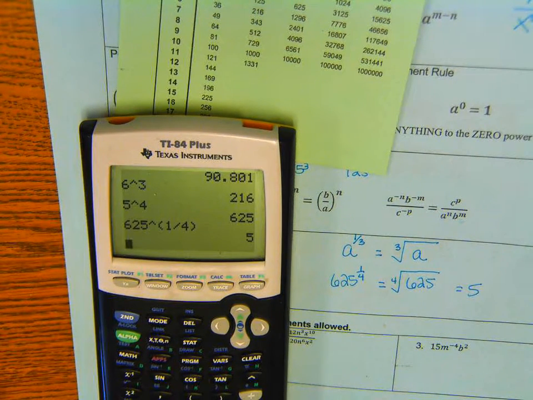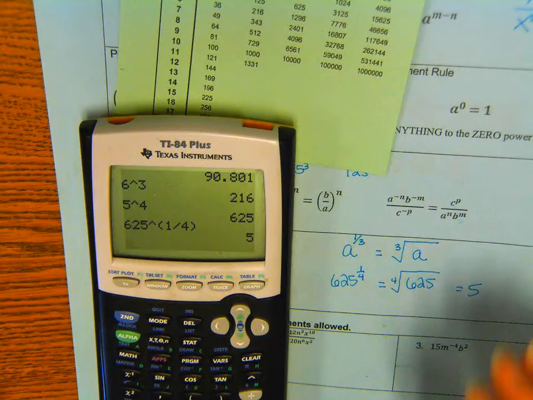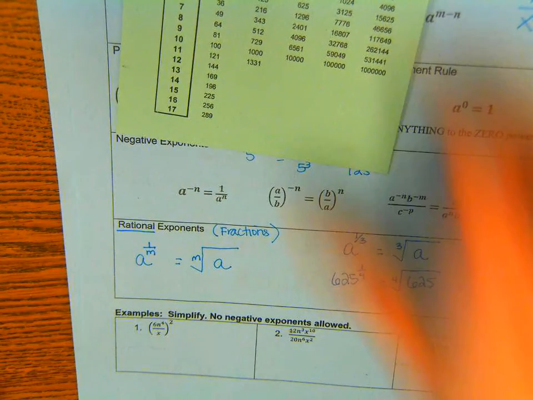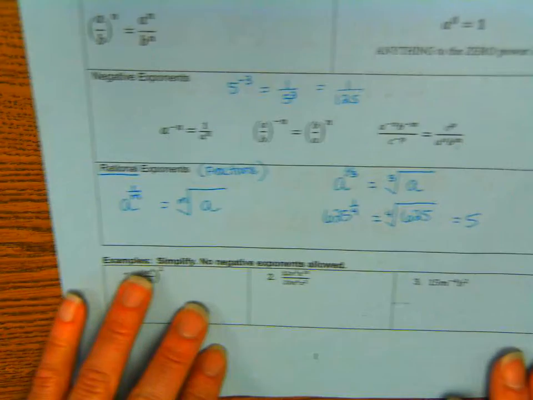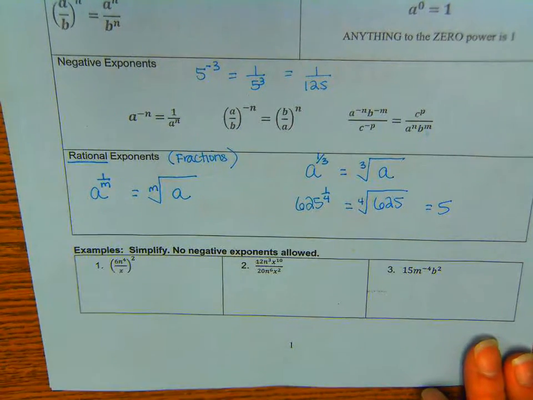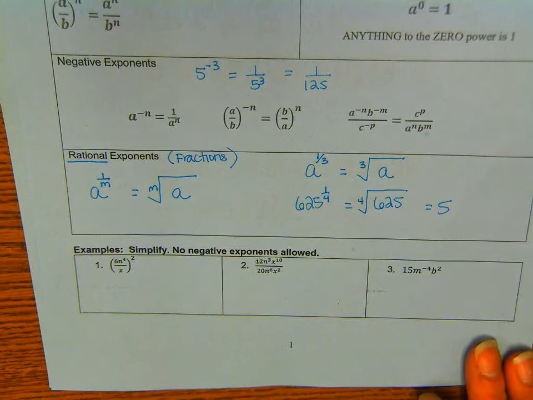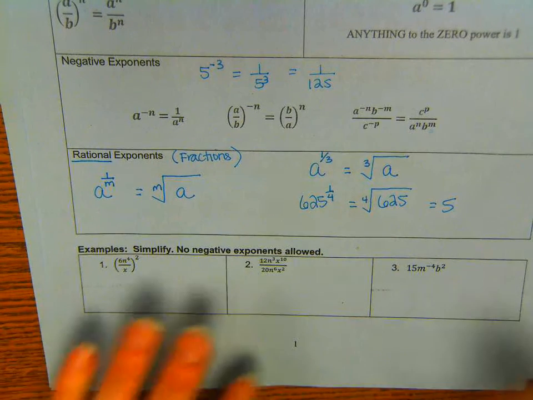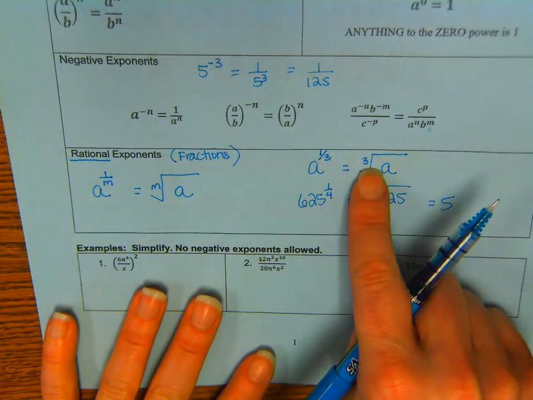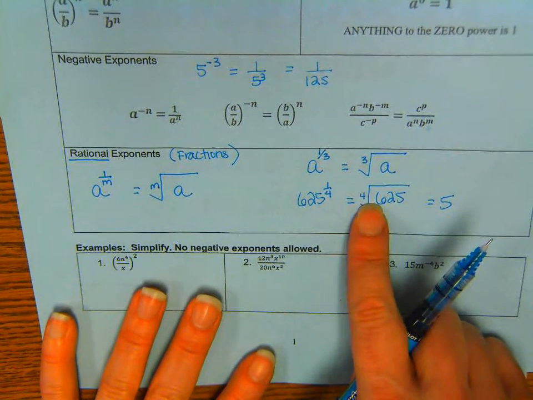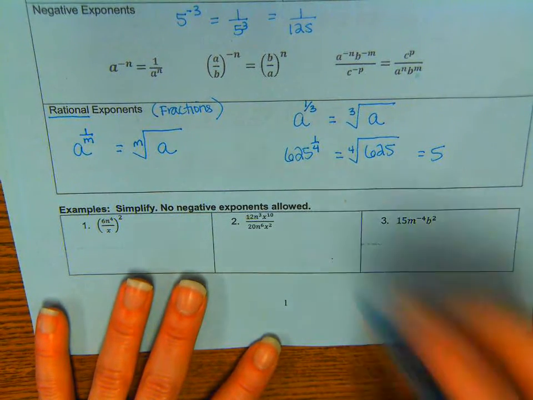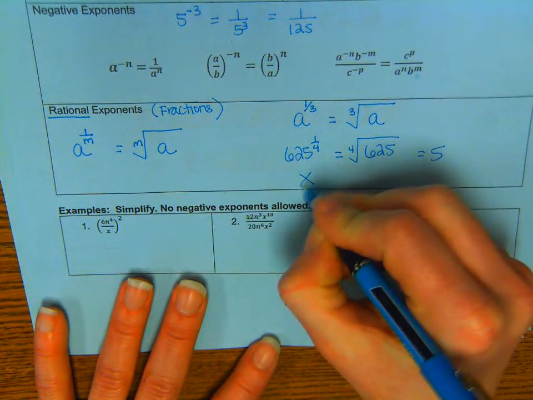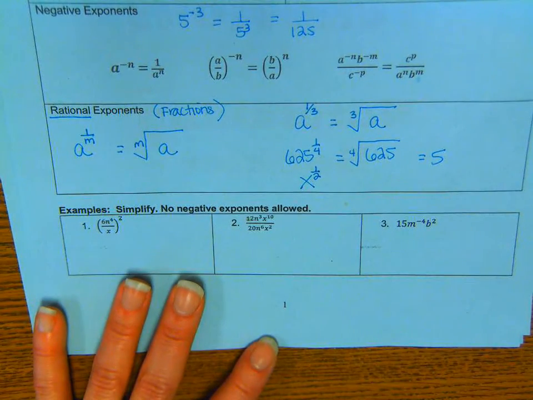How would you write then, do you think, the square root? What power would that be? So if the 1/3 is the cube root, the 1/4 is the 4th root, the 1/2. Yep. The square root. I'll give you, if you see anything, x, y, a number to the 1/2, we would write that as the square root of x. Okay, so